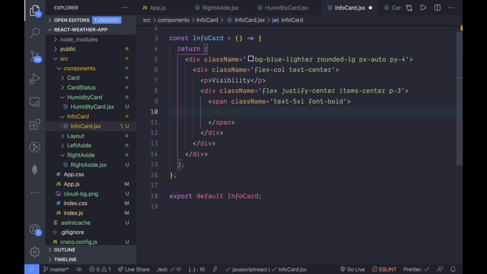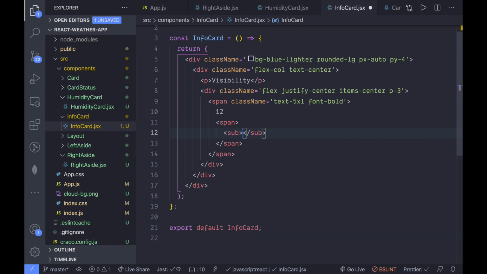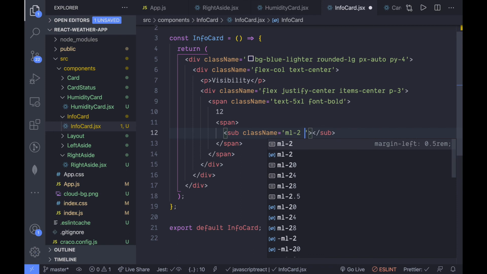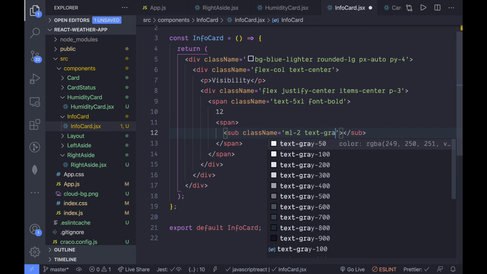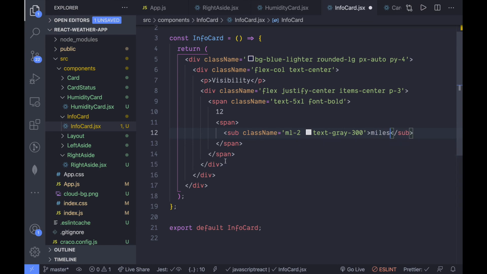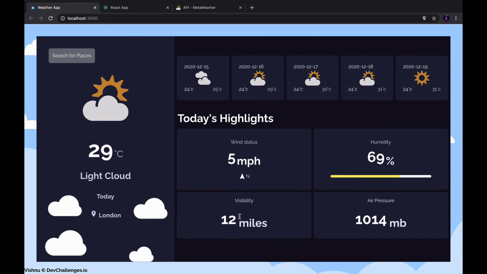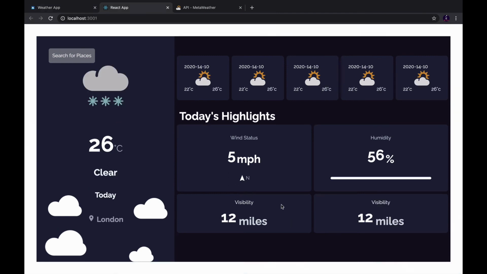Let's just say for now 12, and down this information create a new span tag and create a sub and give it a class name of margin left 2, and set the text color to gray 300, and let's just give the miles right here. So save this, and if you take a preview, we got these two cards rendered right here.